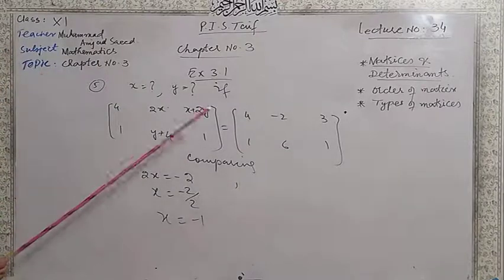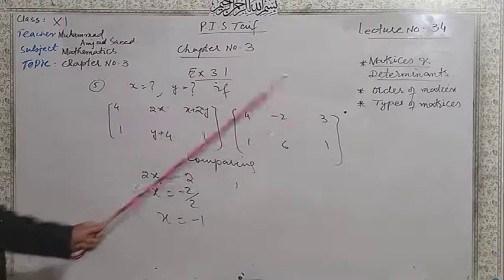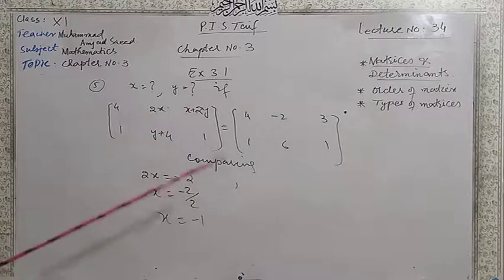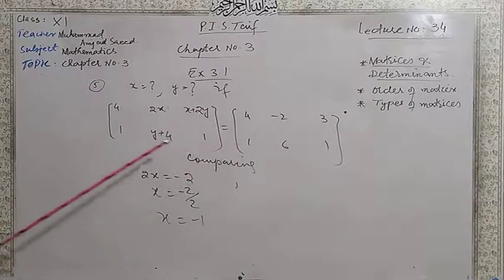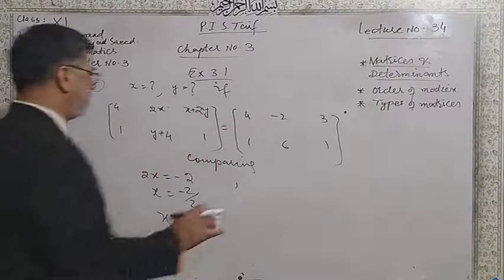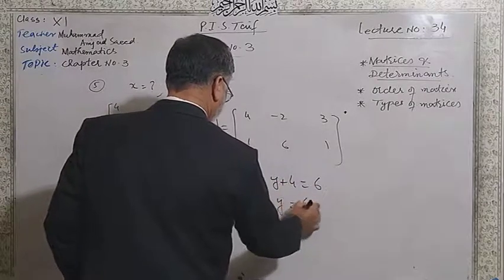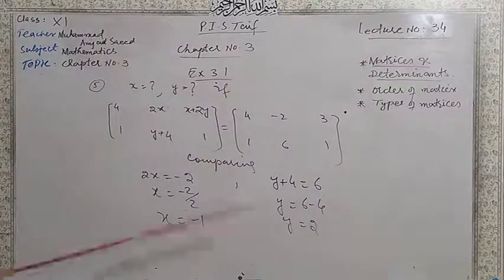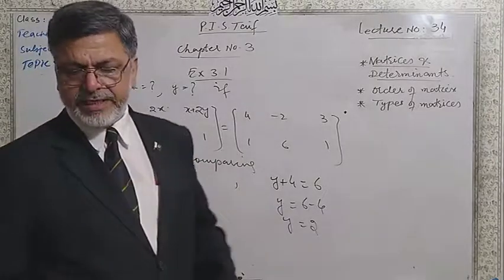After that, third is equal to third. X plus 2y is equal to 3. Yes, you can write down and put in value of x and then simplify. Rather, you can have fourth is equal to fourth and fifth is equal to fifth. This is y independent. Fifth is equal to fifth. It is easy to write down. Y plus 4 is equal to 6. Y is equal to 6 minus 4 and y is equal to 2. So this is the way how to find the value of x and y.